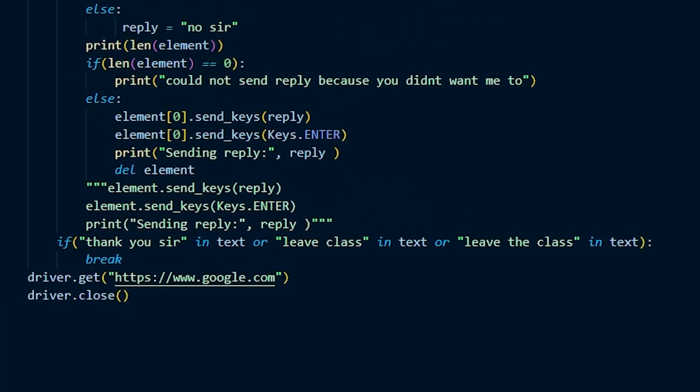And now all that's left after this mess of shit is just to leave the class on time, or if the class is ending early, leave the class when other people are thanking the teacher, or the teacher explicitly says leave the class. It can understand that shit. And then do the same things again for the next class. And that's how a bot that joins and attends the classes for you works. And obviously I attend all my online classes.